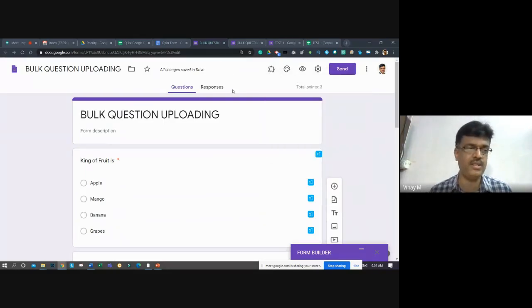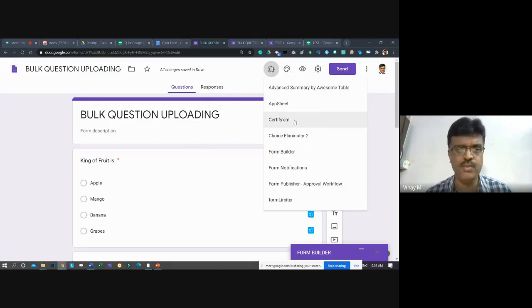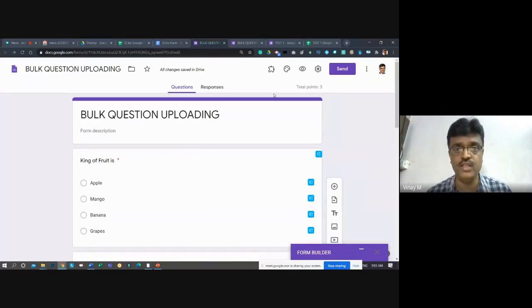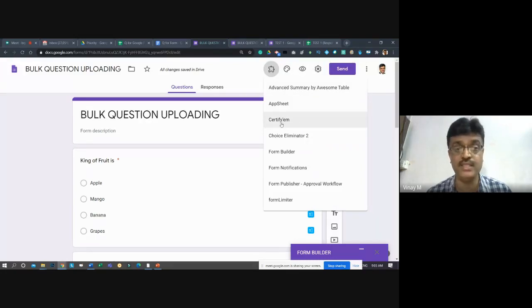Third one, somebody asked another question, sir, what is the difference between Certify EM and Autocrat? Simple, it is used to generate certificates based on the filling done over here. For example, in this quiz, there are 4 questions. For these 4 questions, if all 4 are right, I want to generate a certificate. That is how it is used here. This is a Certify based on the Google Form. In the last 3 months of webinars which you have attended, they would have generated. Fill the form, get your certificate. That's how you also would have done many of this.